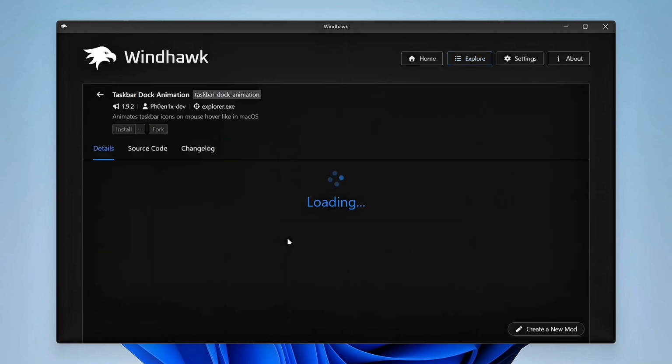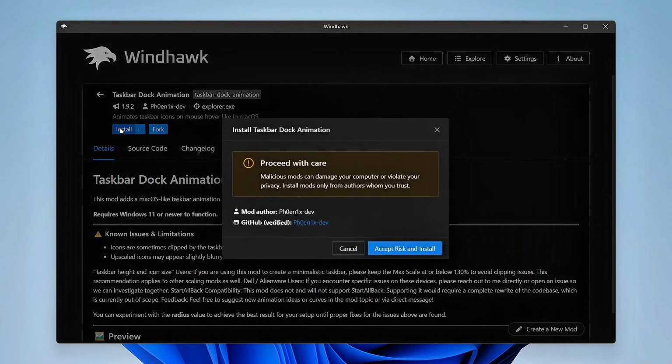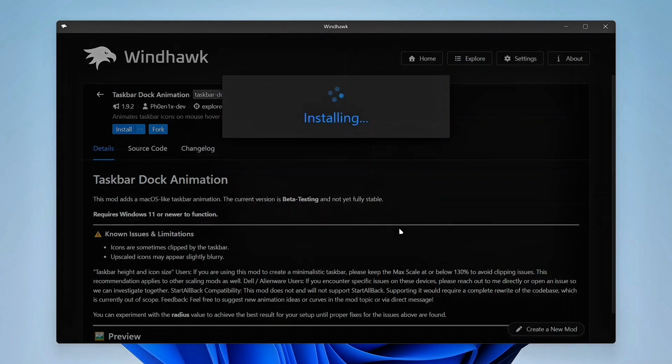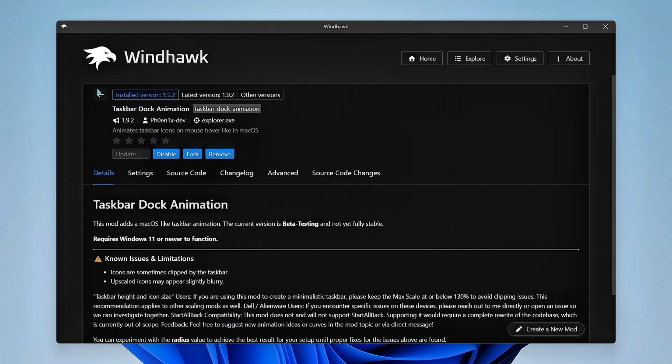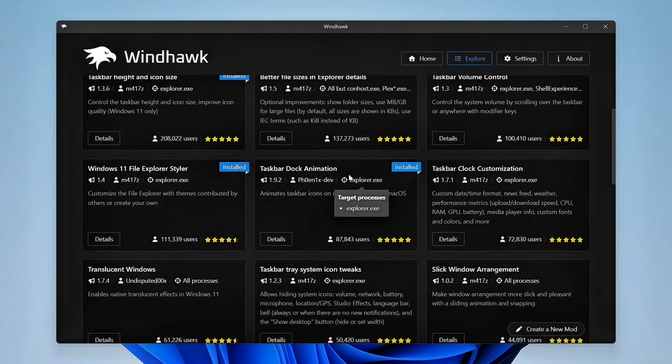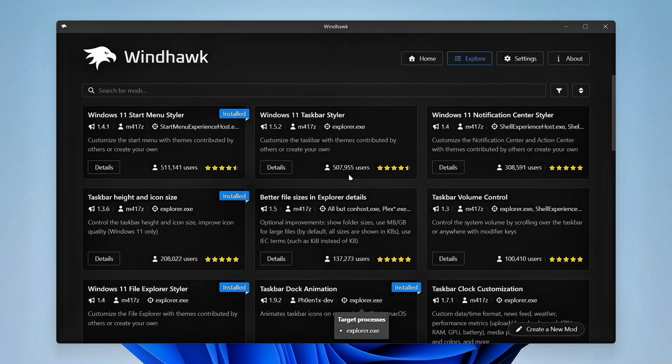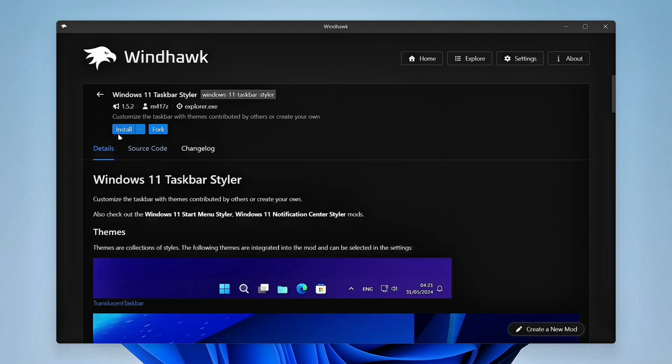Then install Taskbar Dock Animation. Then install Windows 11 Taskbar Styler.